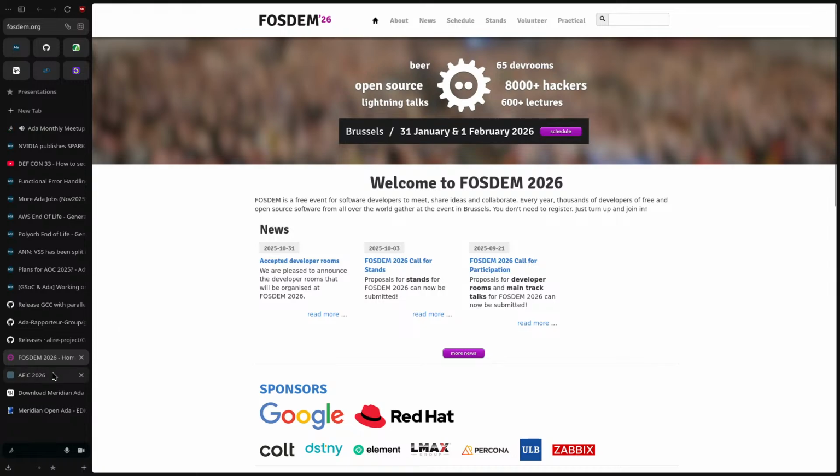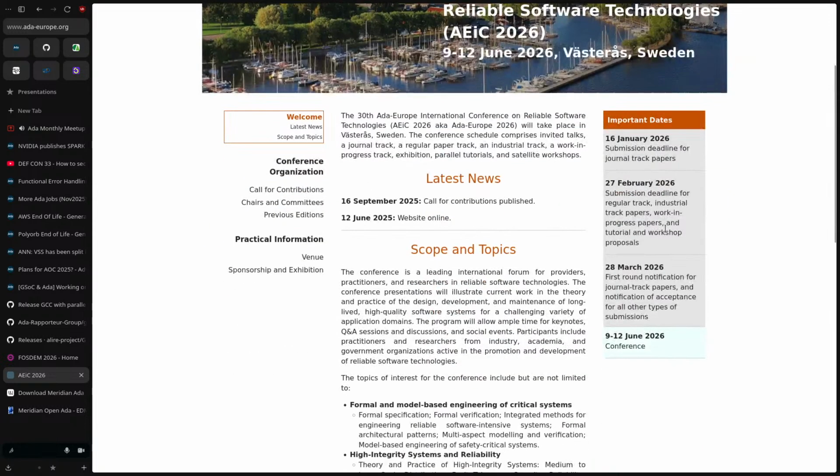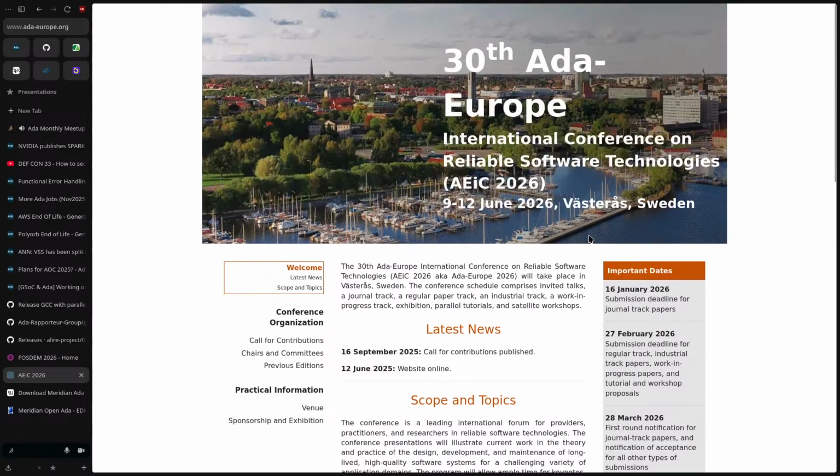But talking about conferences, just as a reminder, like the last time that Dirk was here at the last Ada monthly meetup, the next Ada-Europe International Conference will be taking place from the 9th to the 12th of June in, hopefully I don't butcher this name, Västerås in Sweden. So if you plan on submitting research papers, industrial papers, etc., the deadlines are closing in, so please do take a look at them.